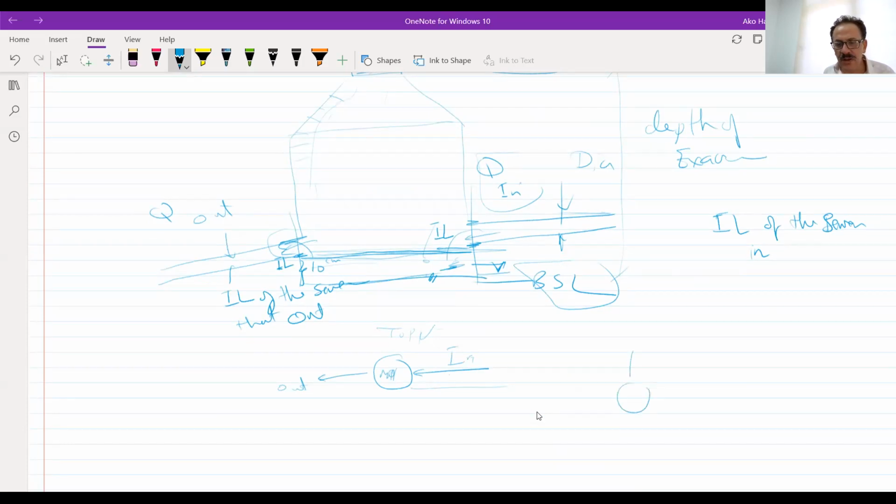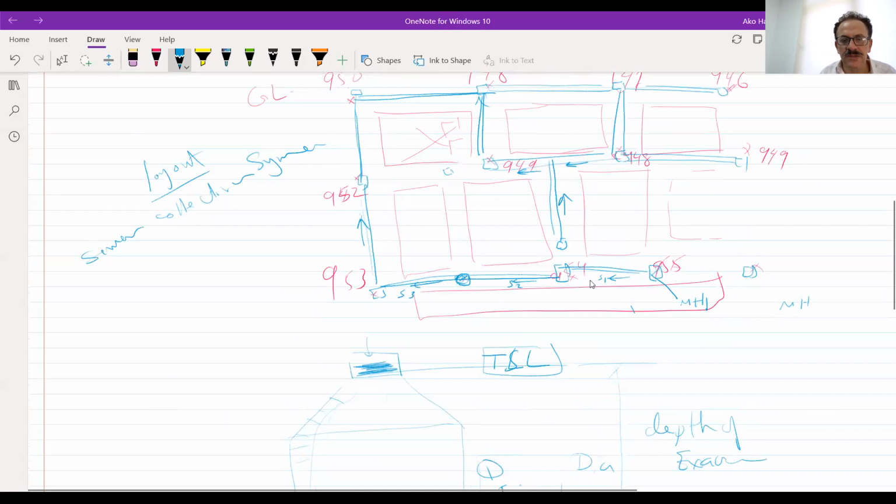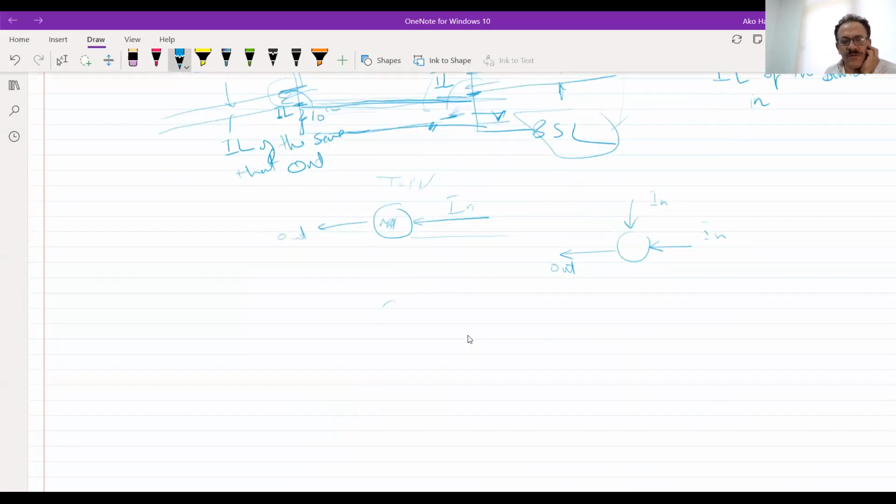Sometimes there will be in, out, and in, out. And the worst condition is to have 3 in and 1 out, okay?